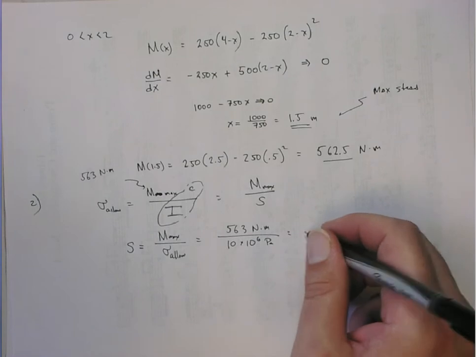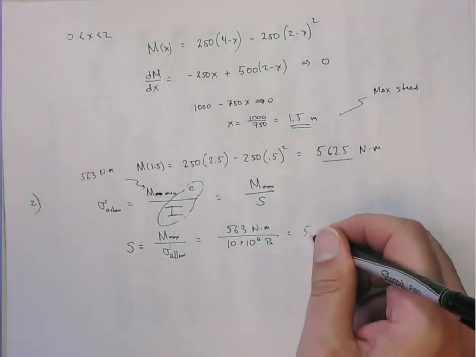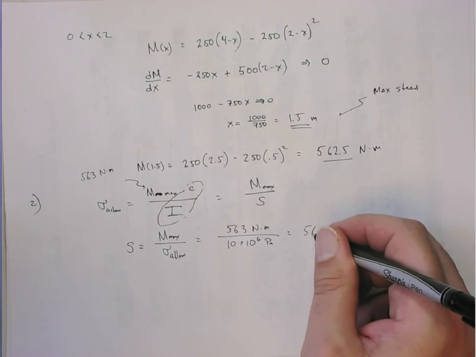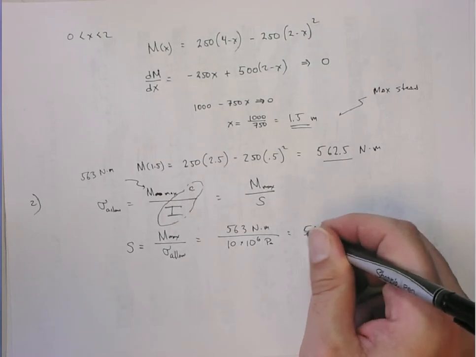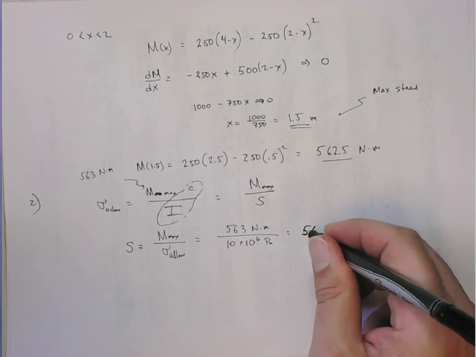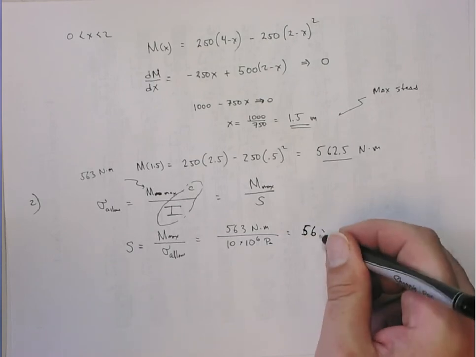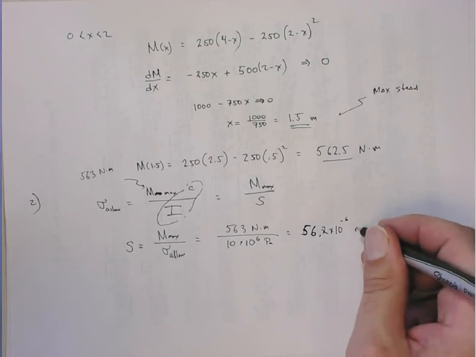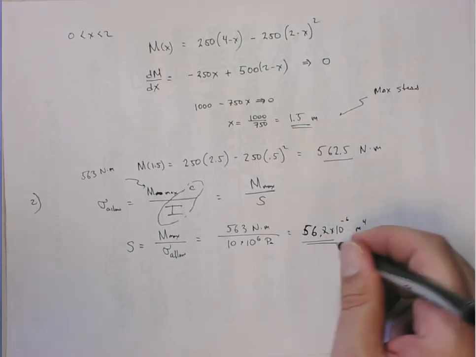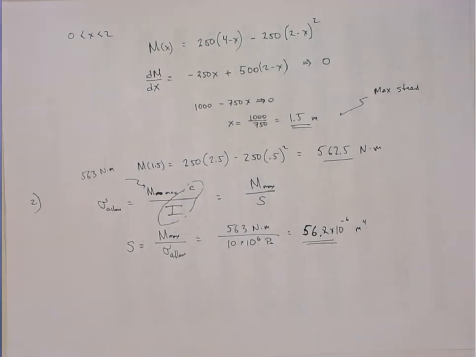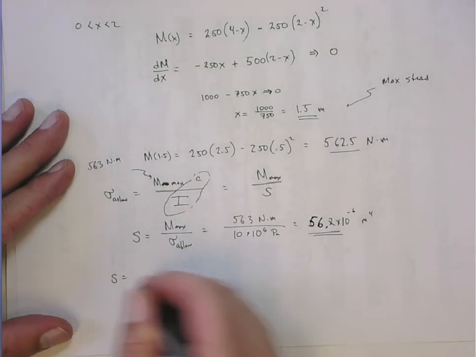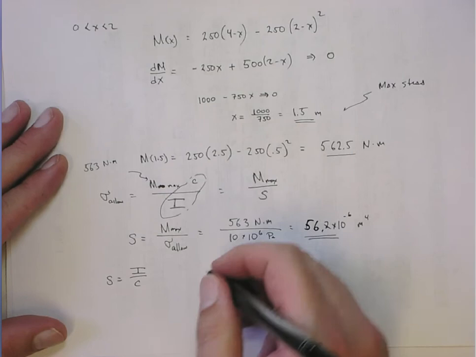So this is, well, I could have done this in my head. It's 56.2 times 10 to the minus 6 meters to the 4th. Okay? So that's the shape factor. Fine. Well, I need to design it. I know the shape factor is, in fact, I over C. And in this particular design,